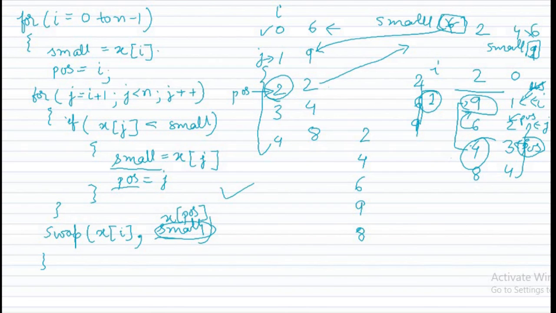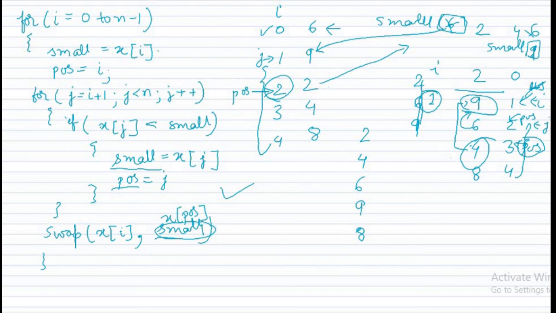And now I want to say that the applications of selection sort are like this. It is also a stable sort, means if two elements are equal in the list, then it will not change the relative order. And it also uses constant memory space. So I have already told that this is a memory efficient algorithm, and it is actually very efficient for smaller lists, not for larger lists.